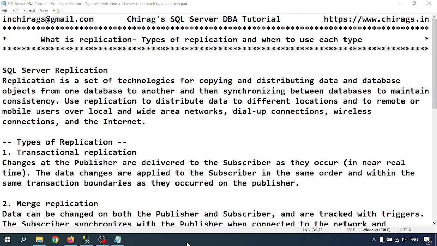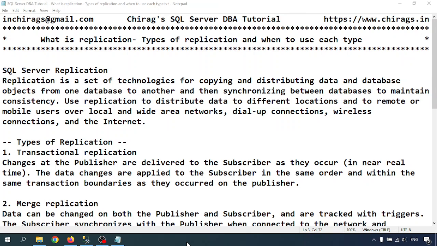In the replication architecture, the source SQL Server instance, the database, and the data in this database that you want to distribute from source to destination is called the publisher. From the publisher only can we distribute the data. If you really want to go into detail on how to configure replication, watch the rest of my videos. In this video I am going to briefly talk about the architecture, so that we have a publisher, then